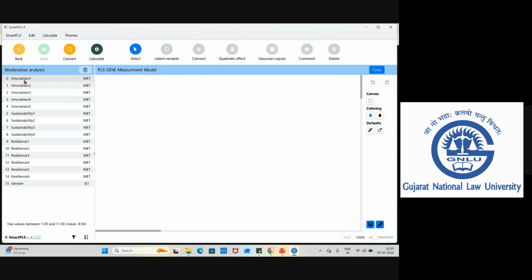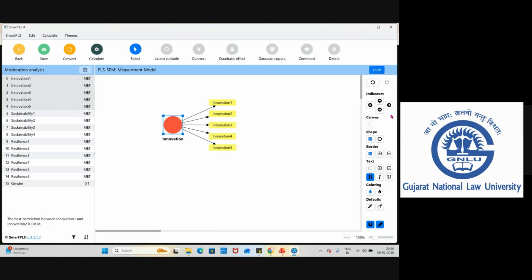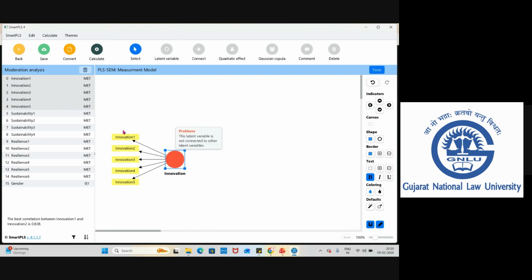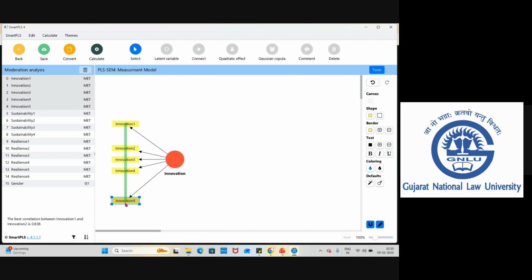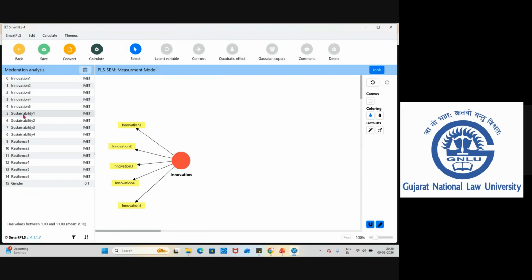So here we have innovation. Innovation is one construct. And with the help of the right side tools, you can arrange your data how you want to present it. Okay. Then we have sustainability. You can keep it on the right side. That is a dependent variable.